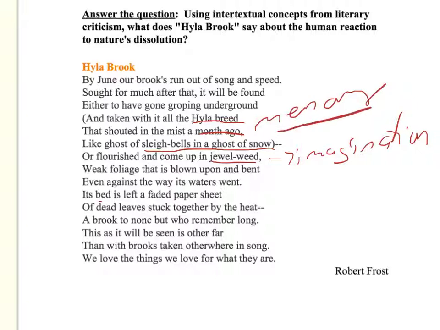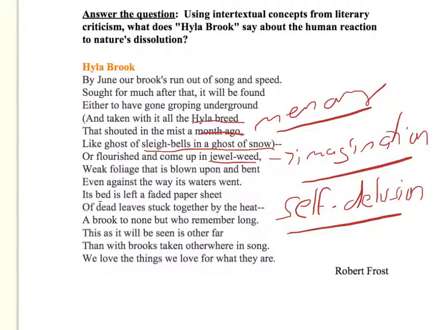So memory and imagination become key to that concept of self-delusion. He doesn't accept the loss of water in this brook as the end of inspiration. He goes back in his memory to be inspired. He imagines toward underground water, and the plants he's now experiencing are manifestations of that underground water. And that leads us to the final concept, that things, experiences, objects in nature are a manifestation of past, present, and future. So this brook